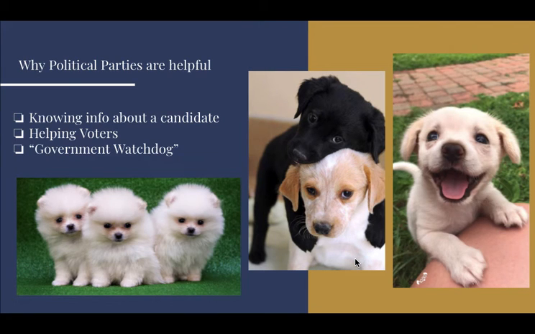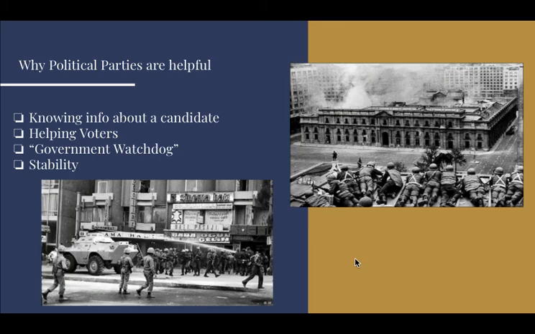They're also a government watchdog, meaning that right now, Democrats are in charge. Democrats have a majority in the House, in the Senate, and they have the presidency. The Republicans are keeping an eye on the Democrats. So if they do something they don't like, Republicans can tell the public about it. And vice versa. That's what the Democrats did when Trump was in office. Every time he made any law, they would just go tell everybody how bad it was and how awful it was. So they kind of have this watchdog effect, the fact that they keep an eye on the opposite party.